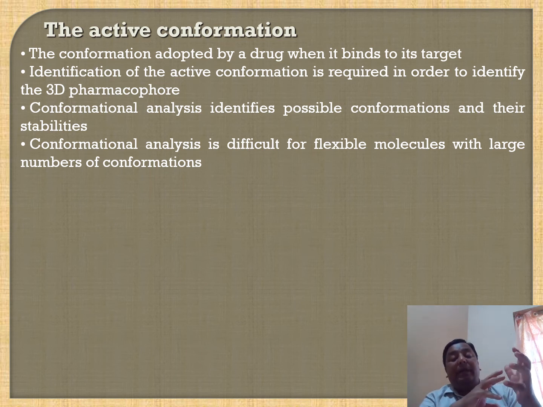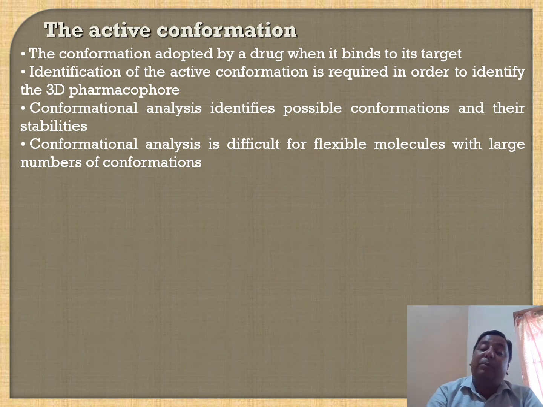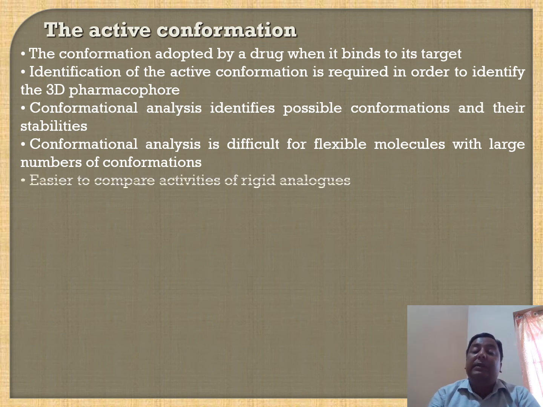In flexible binding, the ligand will change its conformation based on the binding site. Even the binding site or receptor will change its conformation based on the ligand, right? But in the case of rigid binding, one of the molecules will be rigid, and the other molecule will change its behavior to fit into that site, right? So conformation analysis is more important, because the same compound with different conformations will give different binding affinities, right? So these things we need to understand.